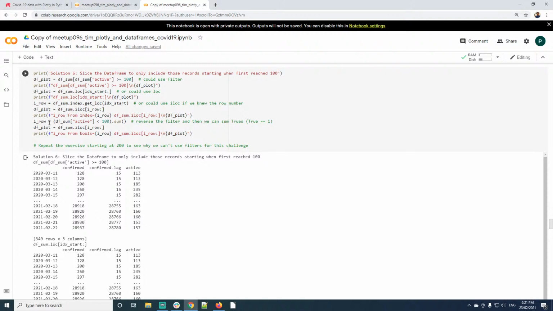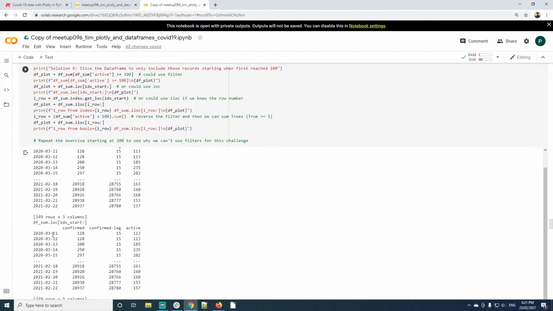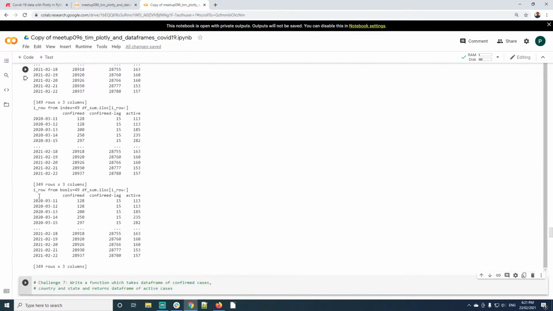So another one we've got here is we do a filter, so we reverse the filter. This was greater than or equal to 100. This one's less than 100. And then we sum that, and when you do a sum on booleans, true is considered the value 1 and false is considered the value 0. So summing those will tell you how many trues you get, which is how many rows are less than 100, and then our row, we can use that row number from here. Once again, we get 349 rows. So that's all fantastic,